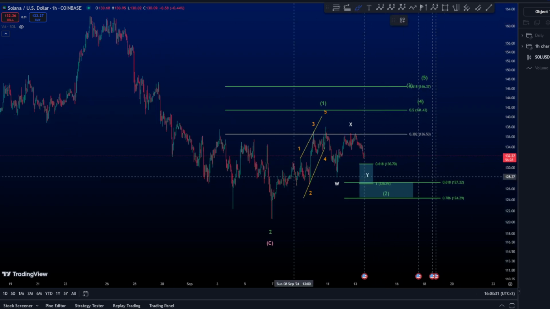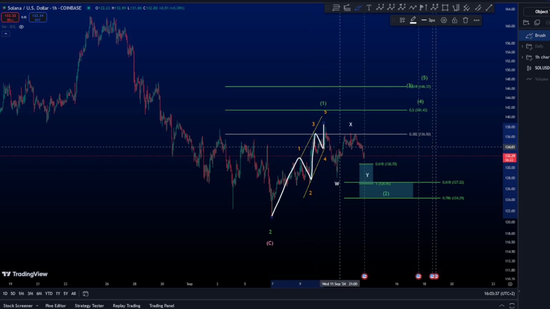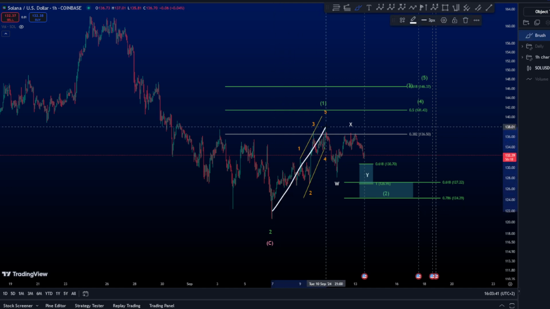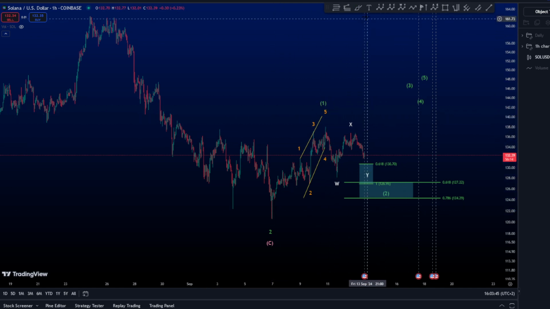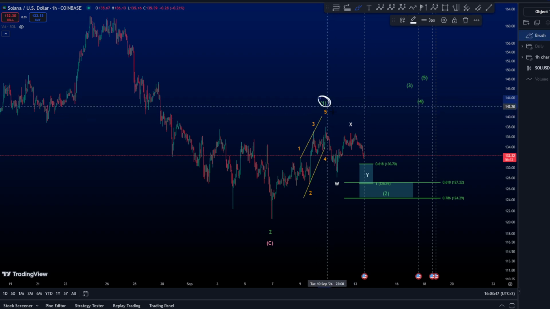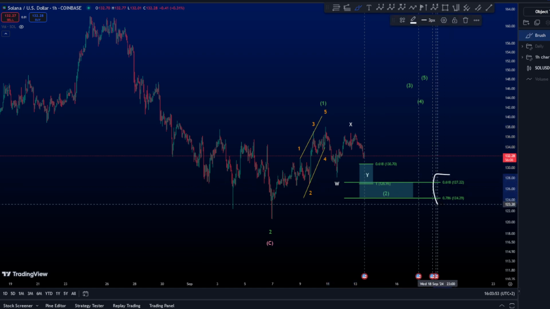Now, what we are looking at here is a diagonal taking a 1, 2, 3, 4, and 5, finishing this contracting diagonal towards the upside, forming a wave 1 in green. Of course, I'm going to remove this. There is no need for it now. And as we can see, the wave 1 has been formed. We are looking for a wave 2, preferably in the green box,